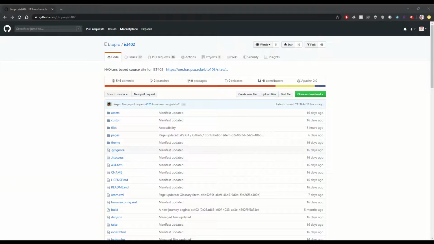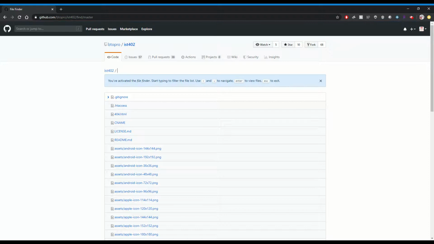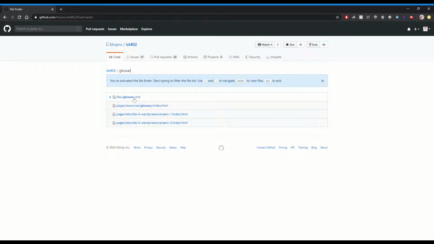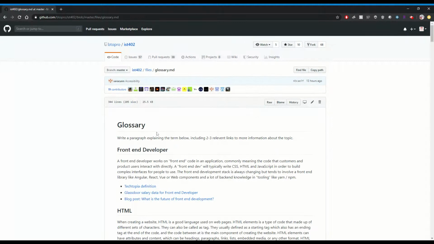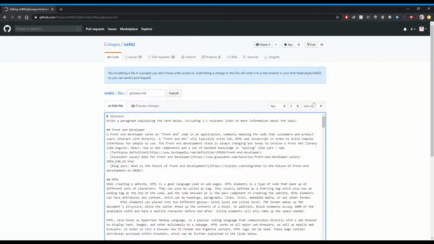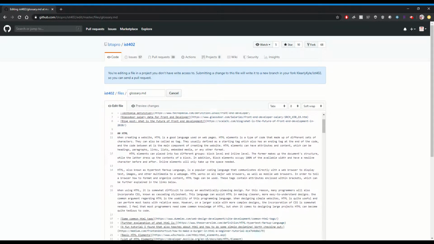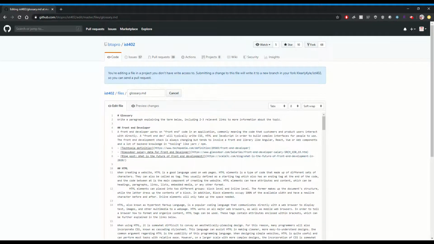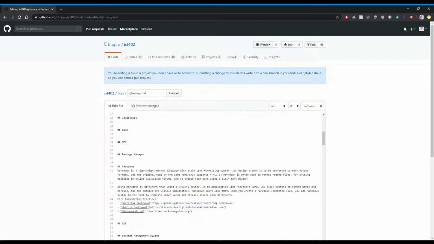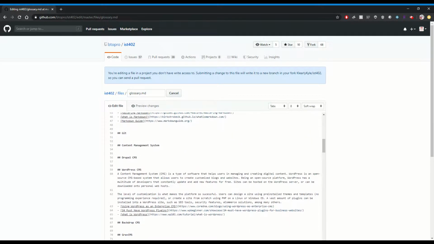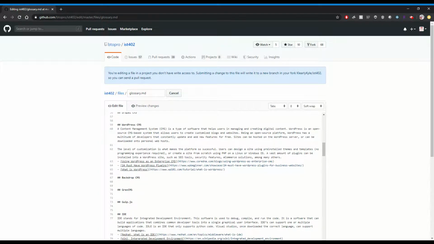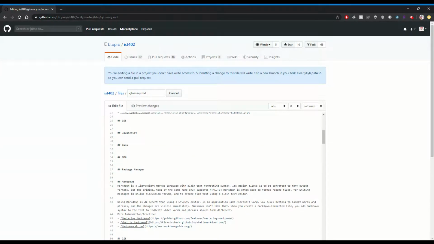So for this particular video, I'm going to find the file that I need, which in this case is glossary. If I want to edit this text right here, there's an edit button right here. And as you can see, this is a list of definitions, hence the name glossary. So there's a bunch of different definitions,